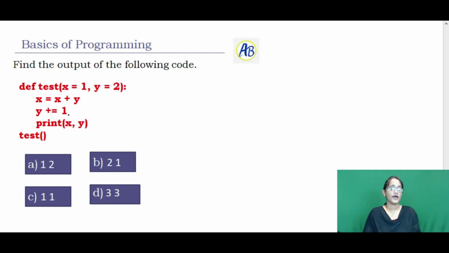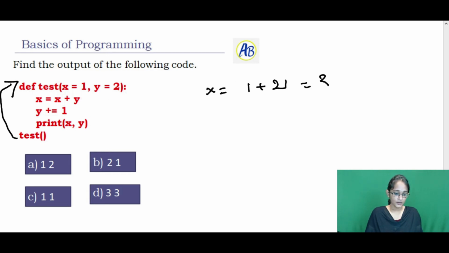Next, I define a function and name it test. Inside the function I'm passing the parameters x equal to 1 and y equal to 2. Next you can see I call this test function. It comes inside, where my x value is 1 and my y value is 2, and x equals 3.